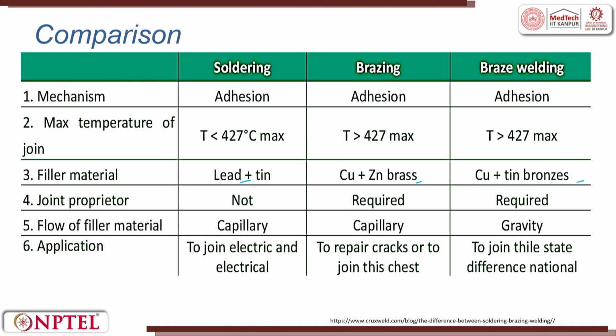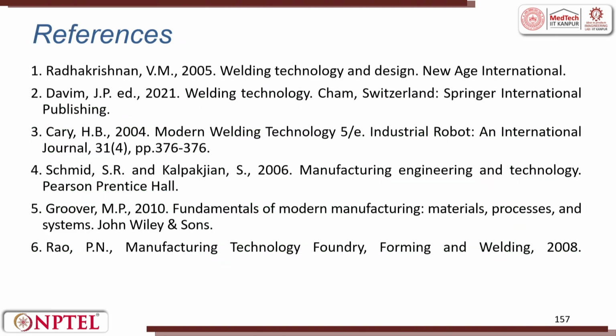Soldering is, the majority of the time, by capillary action. Brazing is also by capillary action. Capillary means there is a thin wall, so there is a negative pressure and the metal flows, sucking inside. That is capillary action. So they are all used for different types of electronic applications.